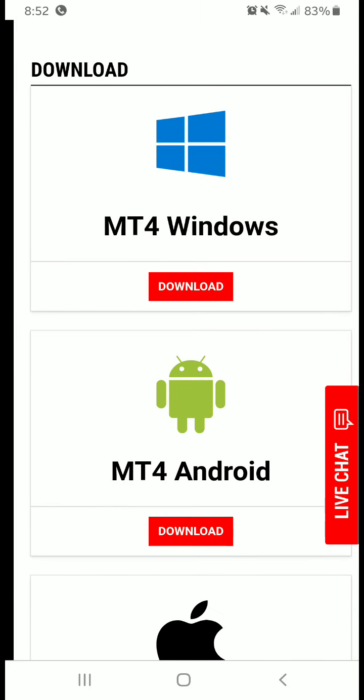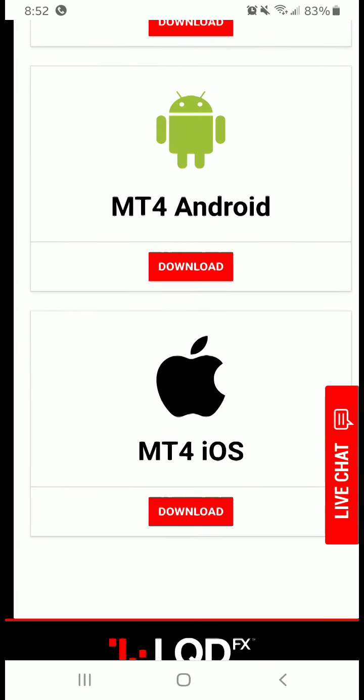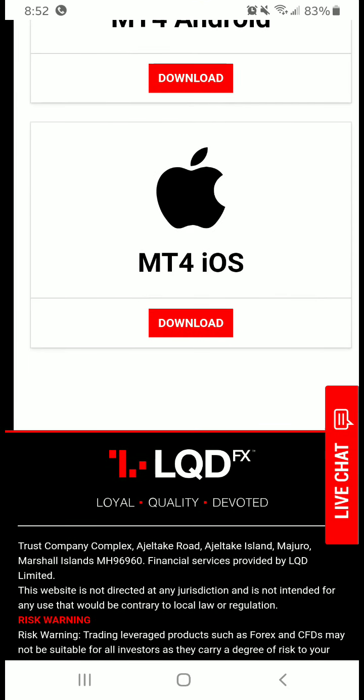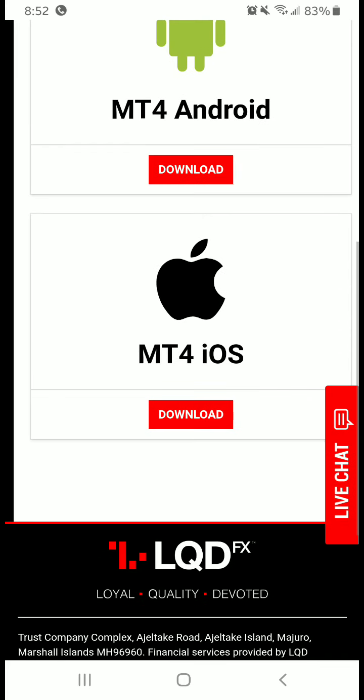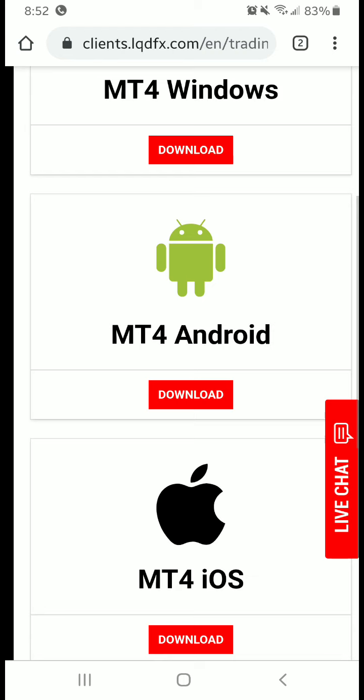You see the top one says MT4 Windows download. That's if you were on your laptop or Windows-based computer or desktop. Then you see you have MT4 Android and MT4 iOS. All right, so the MT4 Android is what we're going to use, but this is also something you can use on the iPhone. Again, I'm going to be using an Android device, so I'm going to select the middle selection